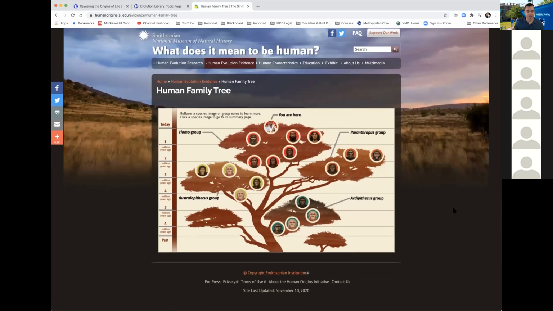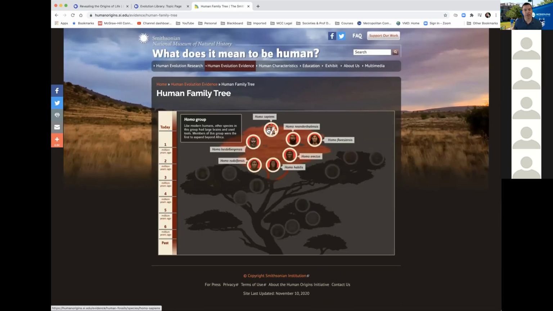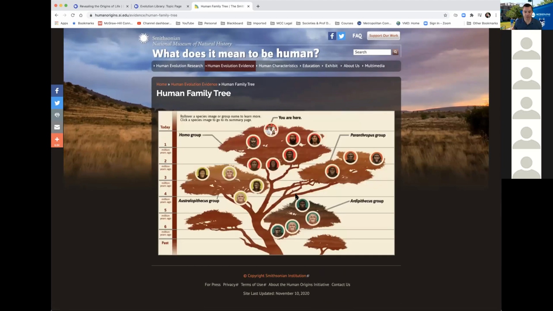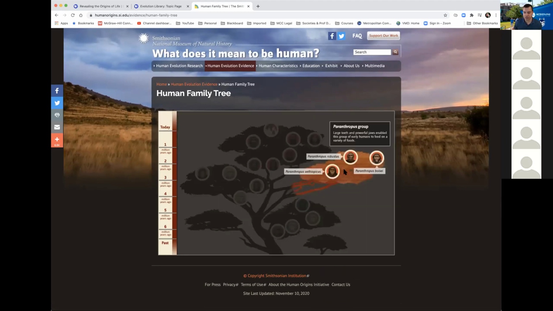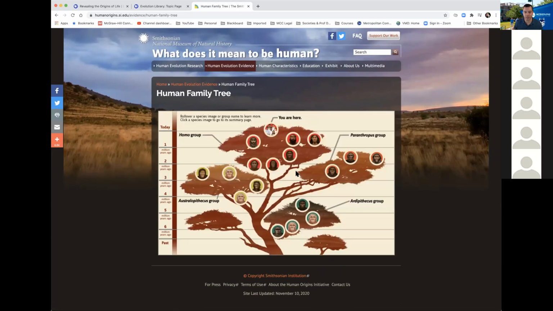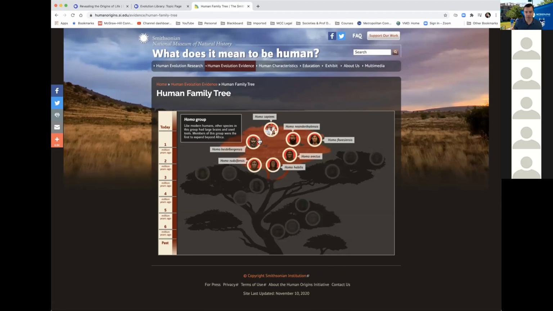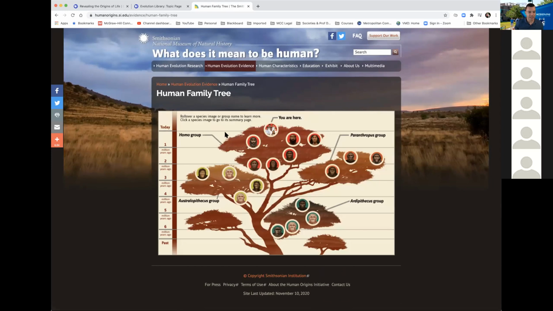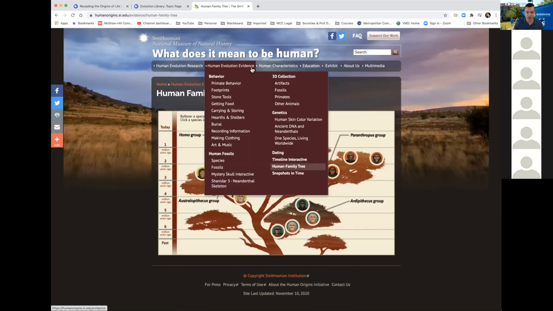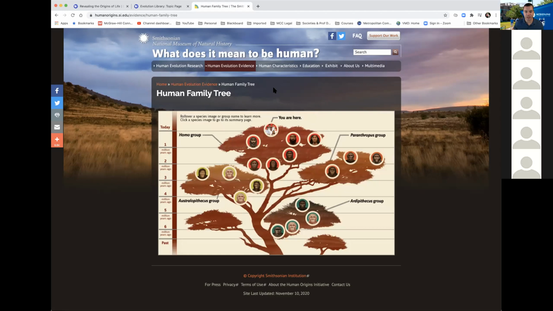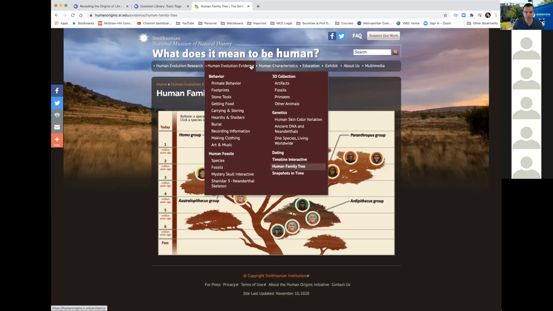Okay. And there's us. We are here. And here's our group. Again, this is all the human family tree. And here's the Australopithecus group and various different family groupings. Seeing some of these connections, it is really hard to